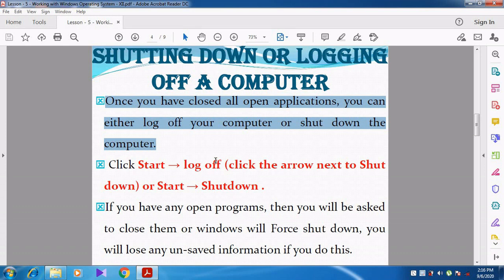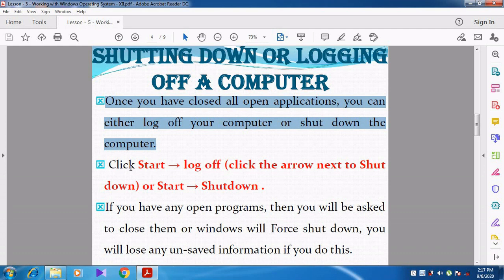Whenever we click the log off option, it automatically closes the opened applications, files and folders, and then it goes to the login screen. Right?